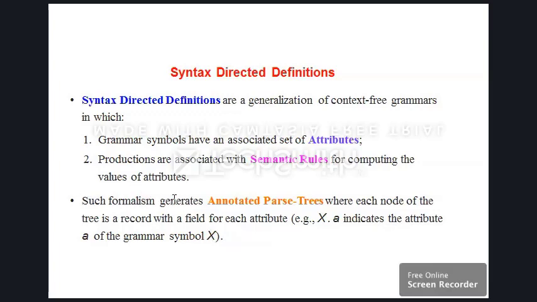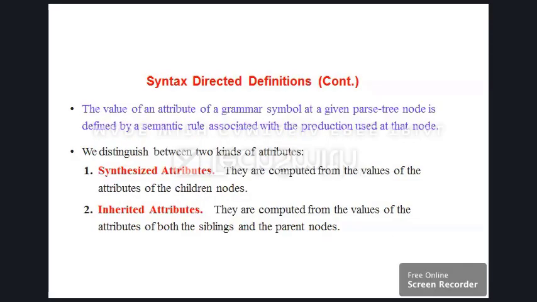And such a parse tree, which shows the attribute values for the given grammar symbols, is known as an annotated parse tree, where each node of the tree is a record with fields for the attributes. The value of an attribute of a grammar symbol at a given parse tree node is defined by a semantic rule associated with the production used at that node.